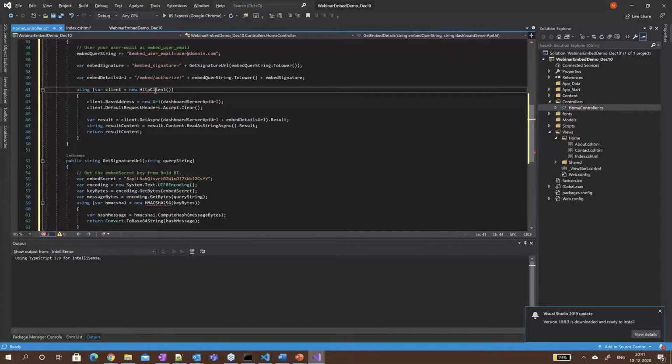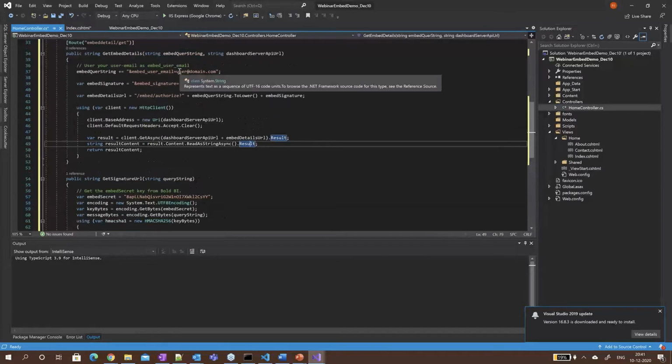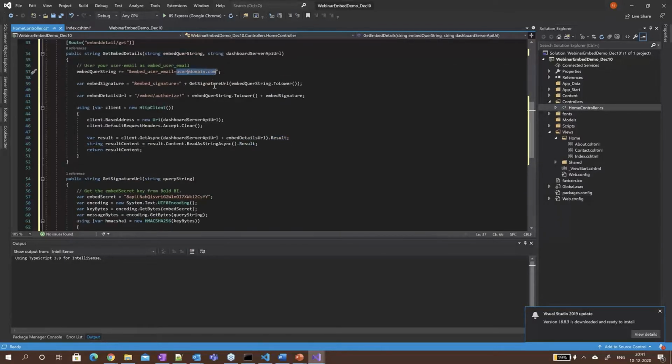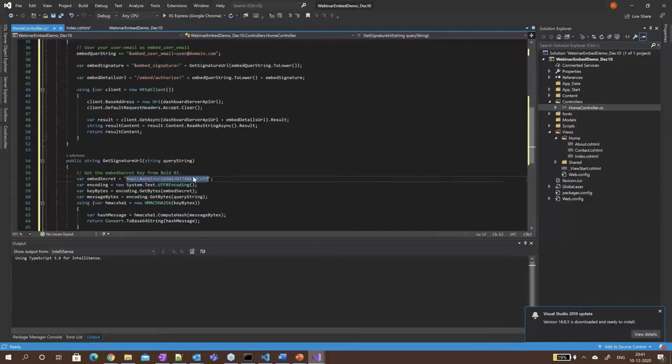Now with these two methods, let's resolve the dependency errors by adding the using statements. Here we are going to replace the user email ID and also the embed secret value we have.